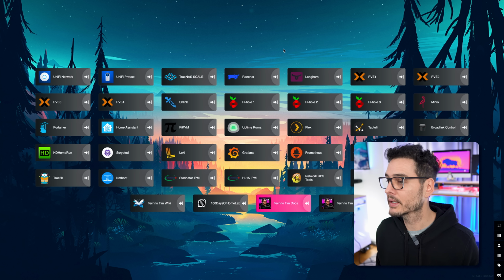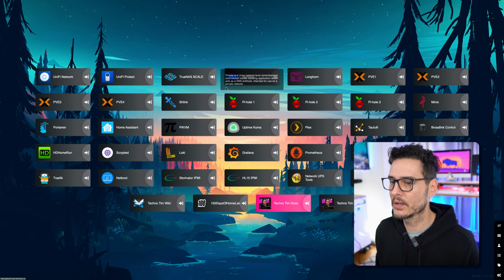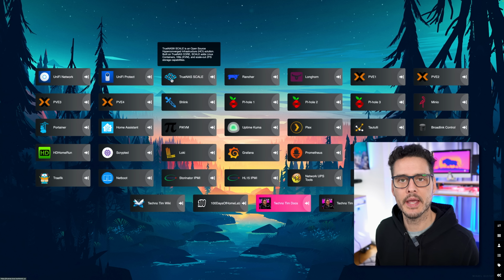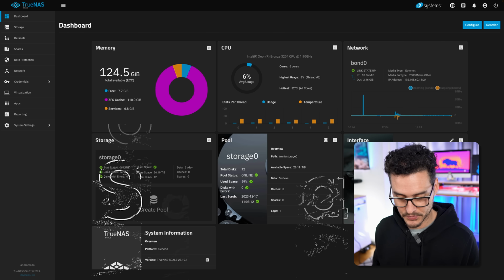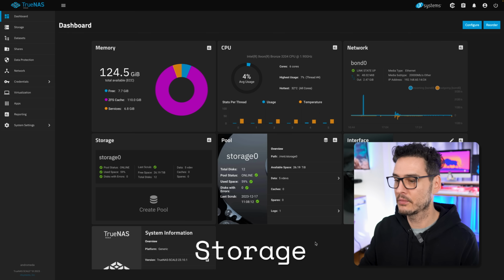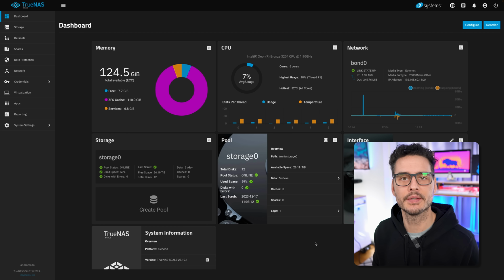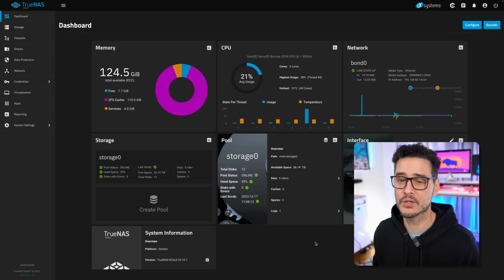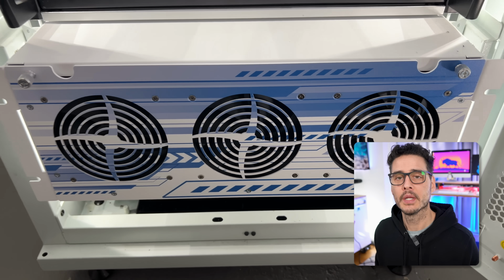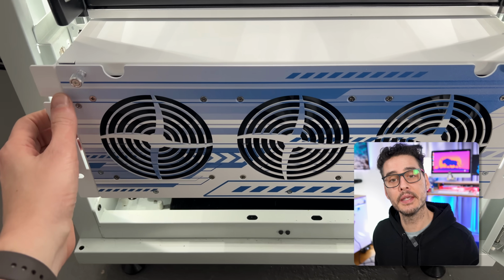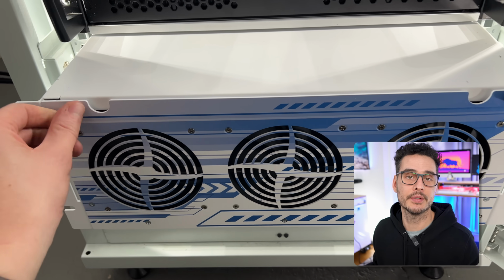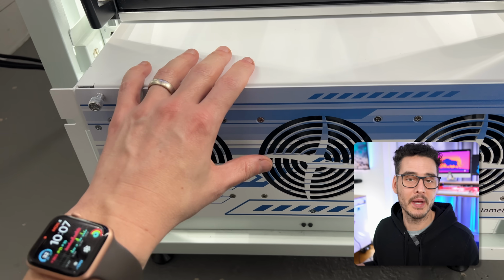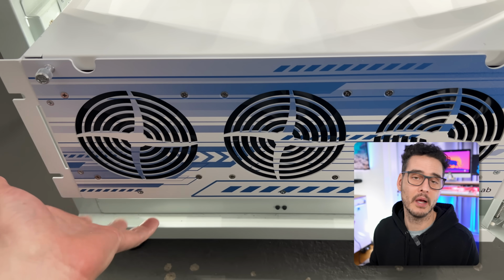So since we're talking about my NAS, let's go into my NAS, which is TrueNAS Scale. So I'm still on TrueNAS. I've been using TrueNAS since it was called FreeNAS, and then it was TrueNAS, and then TrueNAS Core, I think, was in there, and then I migrated to TrueNAS Scale. I ended up going with TrueNAS Scale because it's a little bit easier for me to manage a Linux box, or this is Debian Linux, than it is a FreeBSD. And so this NAS is running on the HL15, and it now is bare metal, which is kind of nice. I've been virtualizing my NAS for about 3-4 years, and now I'm back to bare metal.